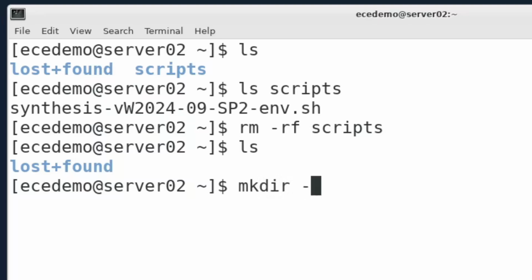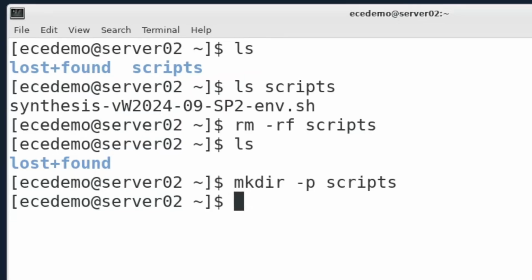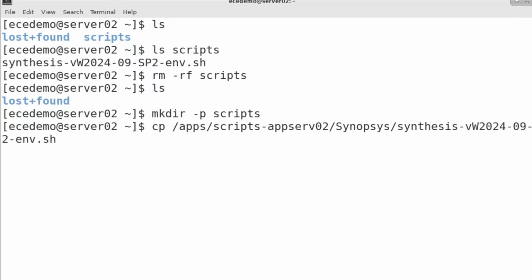So in order to make a scripts directory, we type mkdir -p scripts. And then to copy the environmental script, the script that we're going to source to set up our environment, we would type cp /scripts-appserve02/synopsys, and then Synopsys